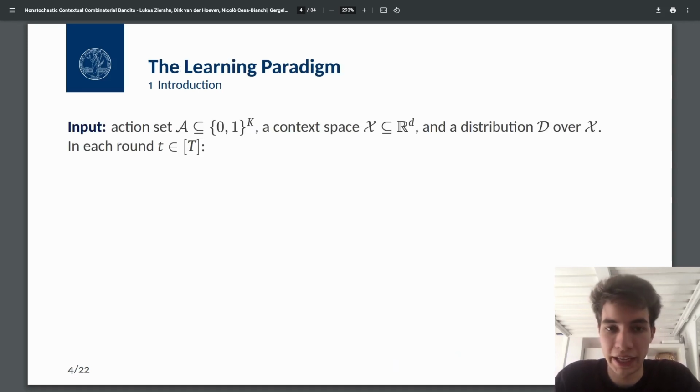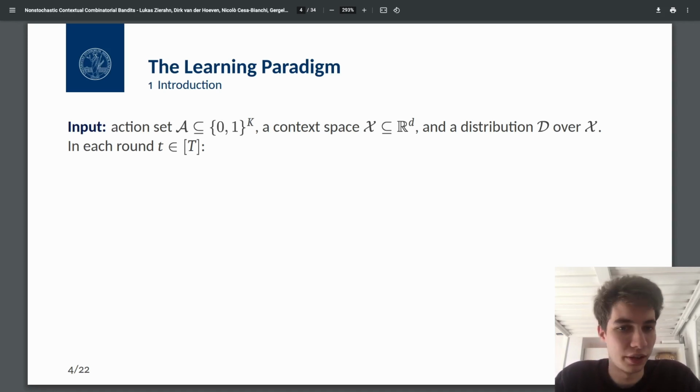So our input is going to be an action set, calligraphic A, and A is going to be in {0,1}^K. So these are going to be vectors of length K, and the entries are going to be 0 or 1. And this is depending on the problem you're considering. Then we have a context space, calligraphic X, and the vectors here are of size d, and we have some distribution